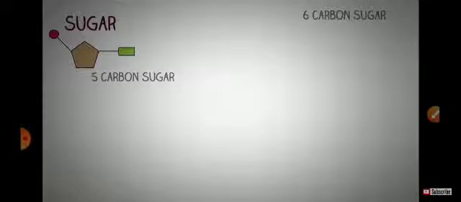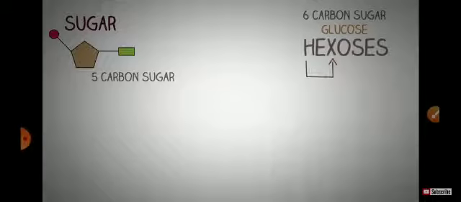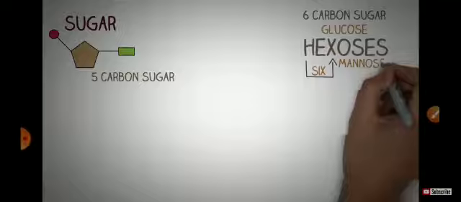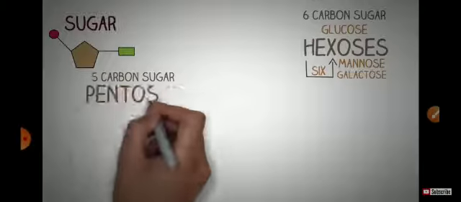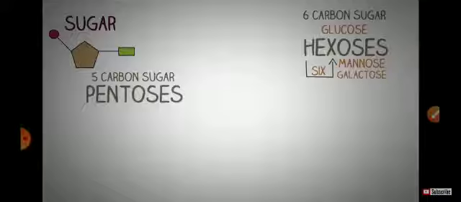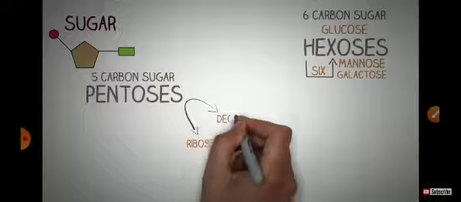Talking about the 6-carbon sugar, the example is glucose, and it is referred to as hexose because it comprises of 6 carbon atoms and therefore referred to as a hexose sugar. The other example of hexoses are mannose, galactose, which comprise of 6 carbon atoms. The 5-carbon sugar is referred to as pentoses. The examples include the ribose sugar and the